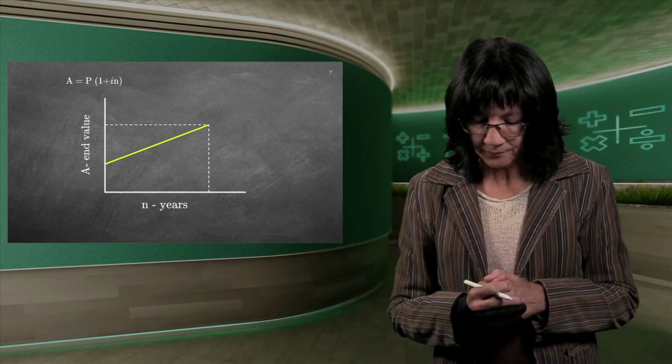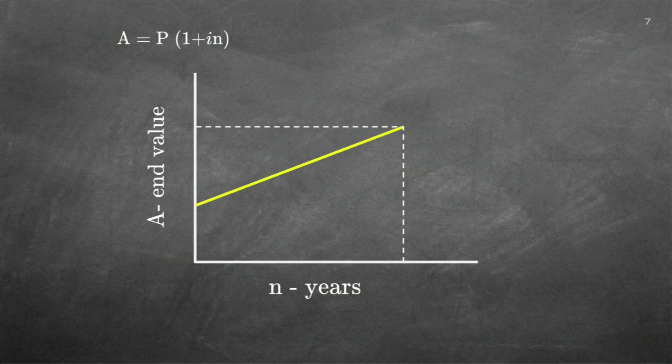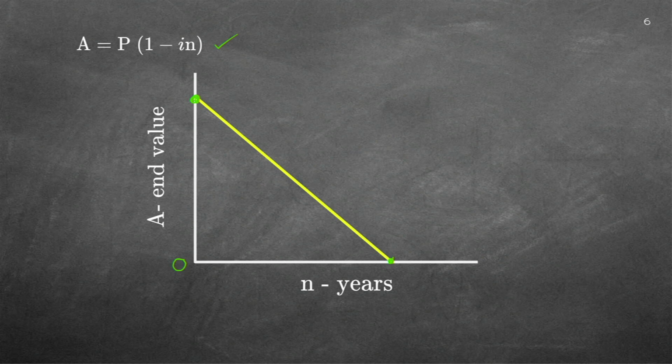And then the next one is the plus. Now what happens with the plus formula? That is when you add something. So it should get more. So if you start here with something's value, and hopefully this will be an investment, it will grow. So it will go up. Now let's just quickly go back to the previous one. Can you see it goes down? So it's got a minus gradient. It's declining.